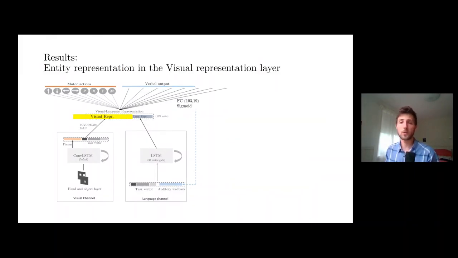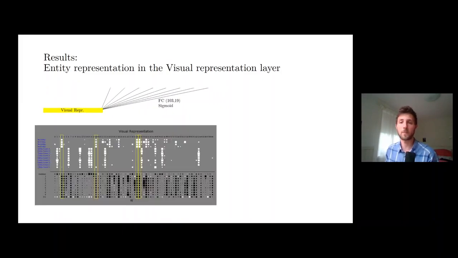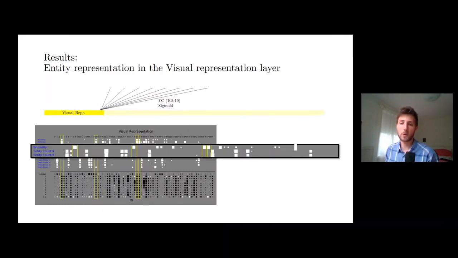We analyzed the visual representation layer of a successfully trained network with the so-called Hinton diagram, where white and black squares represent positive and negative values respectively, and the size of the squares represents the magnitude of the weights and node activations. Thereby, we could identify nodes that are only active when there is no entity to count. Further, we can see that these nodes are connected to the number words via large negative weights. Thus, if there is no entity to count, the verbal output will be suppressed.